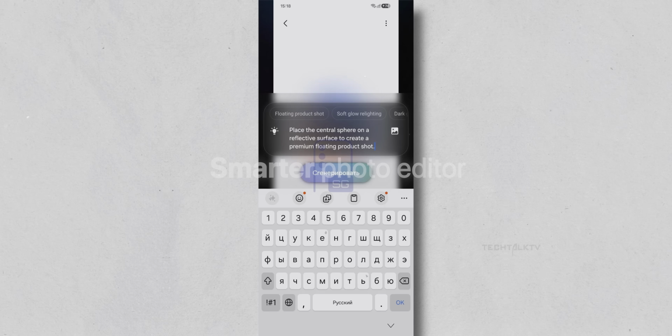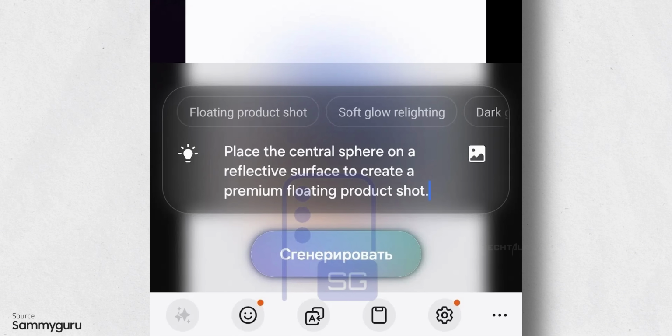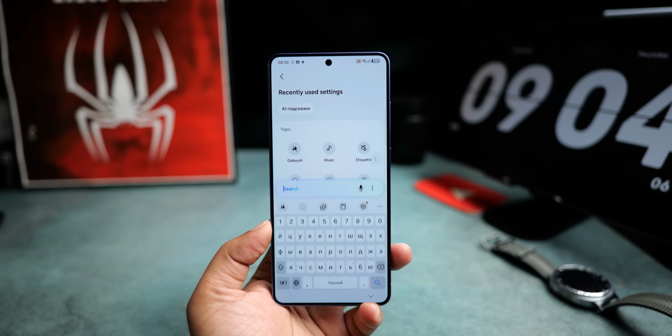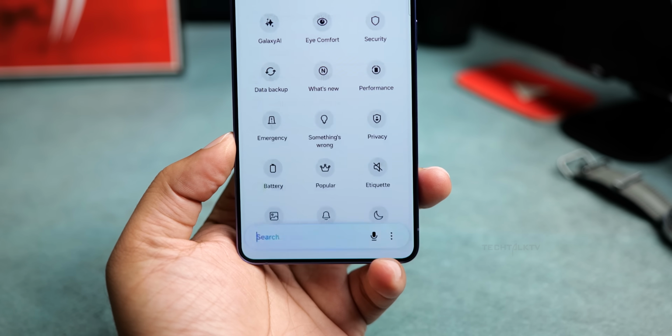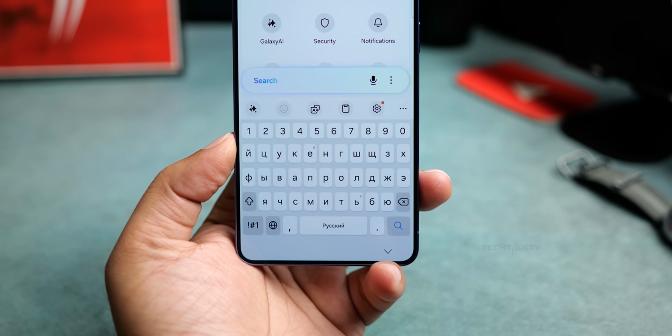Next, Samsung's built-in photo editor is also getting smarter. There are now floating AI suggestion buttons above the normal editing tools. Depending on the photo, it can suggest things like removing distractions, fixing colors, or cleaning up the image without you having to dig through a bunch of menus. Even the search bar in settings is changing. Now when you open or close it, it has this softer elastic style animation instead of the boring stiff one